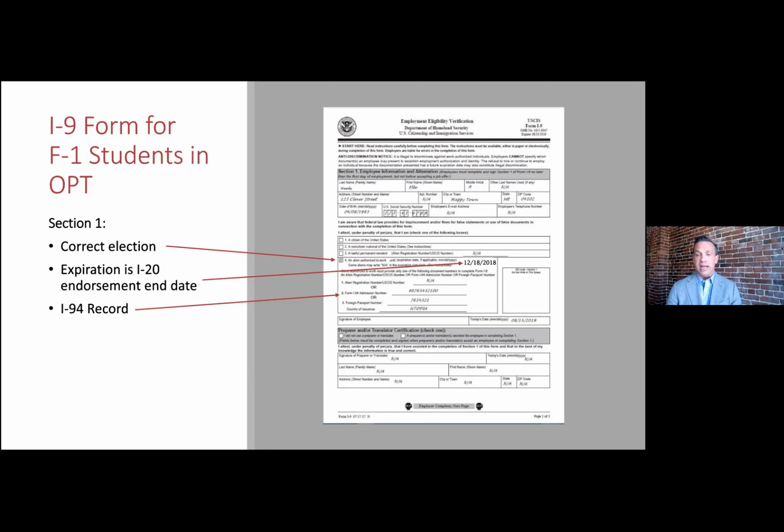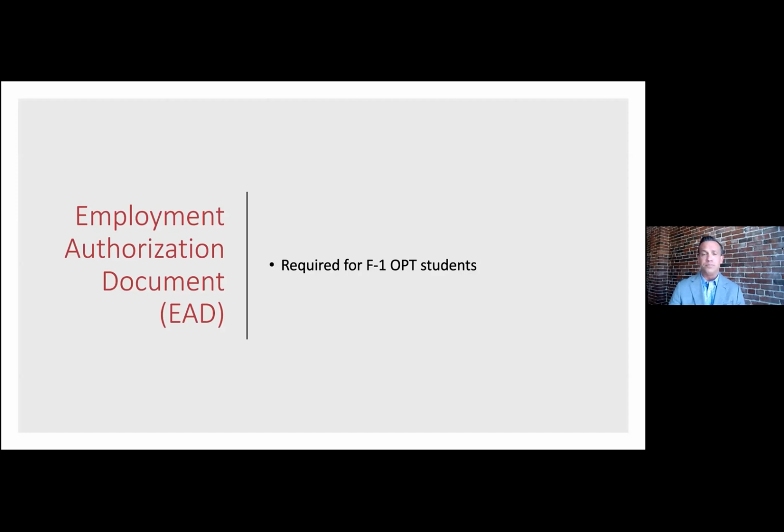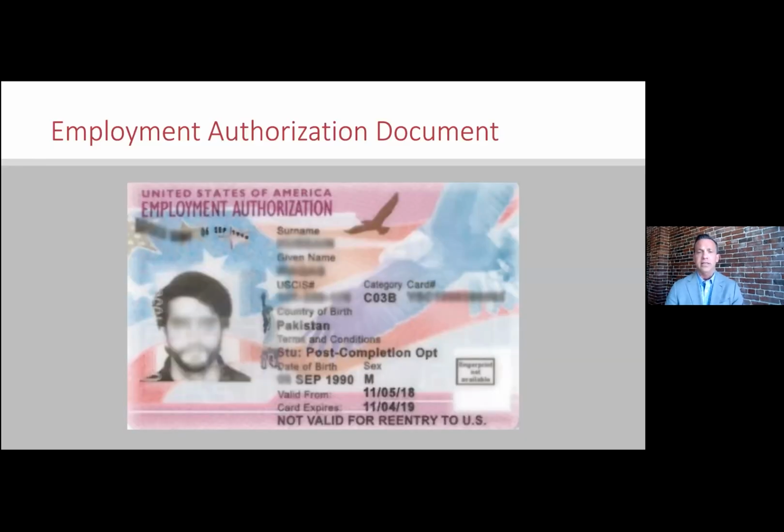You're going to fill out the I-9 information, the I-94 information and the foreign passport information as requested in this section. But when you move over to here, this is where you're going to provide likely the EAD card information. You're going to provide the document number, the expiration dates, and it's going to serve as a List A document. That student is given the identity and the ability to work through that document, and it's the only document they need to provide in this scenario. What does that document look like? The EAD card tends to look something like